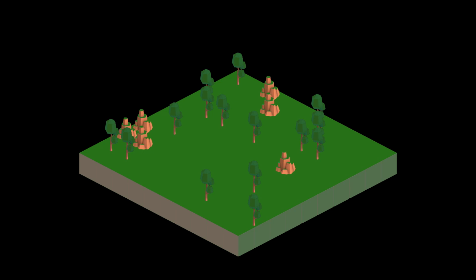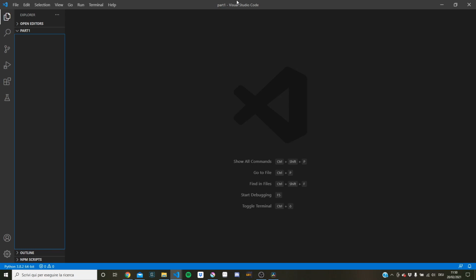I've decided to do a pygame tutorial series that creates a game from scratch. The game will feature basic city building aspects and an isometric perspective, and I really hope you enjoy this first part. So, starting from a completely fresh project, the first thing we're going to create is the